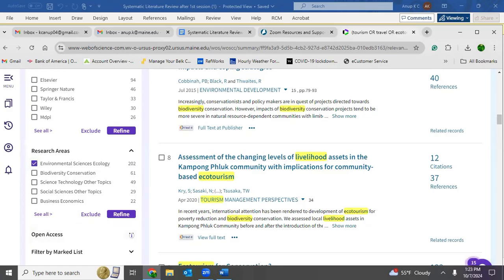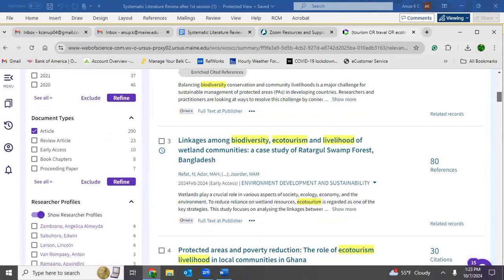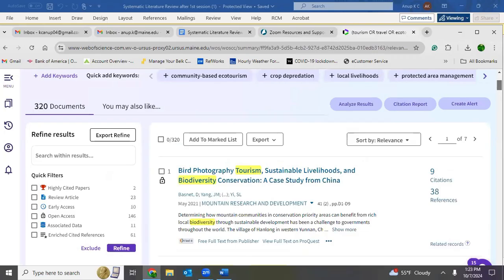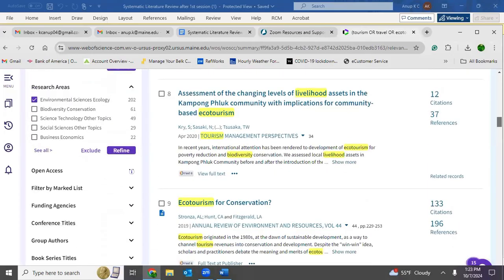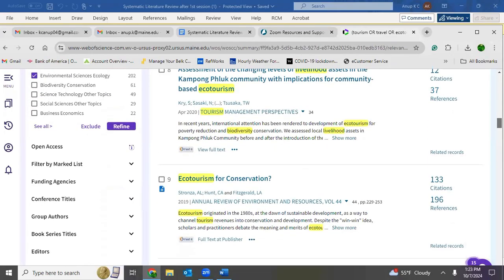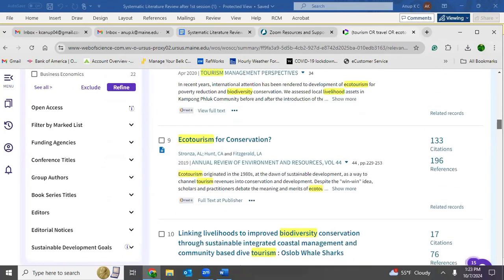Do you want open access? Some people go to open access as well. If they cannot download the paper, they might go for open access, but that's not good. You must have justification why you are applying all these filters. We should have some justification for doing those. Without any meaning, we shouldn't use those filters, okay? We should be able to explain why we use those filters. Anything? No. Okay, now let's do